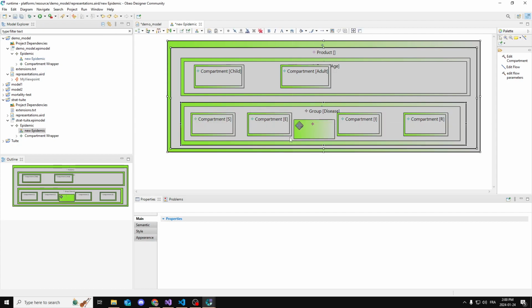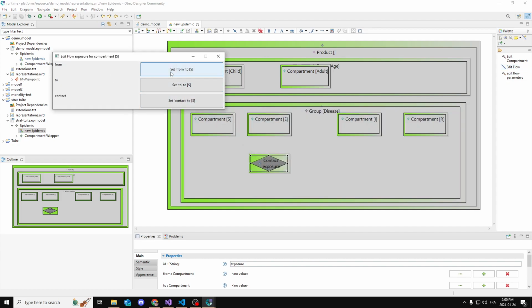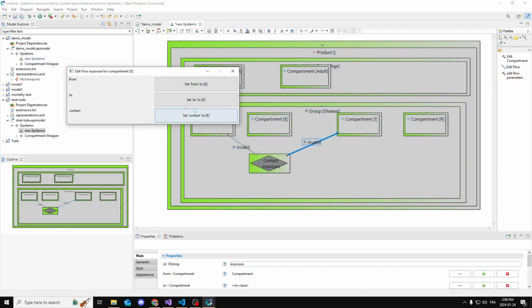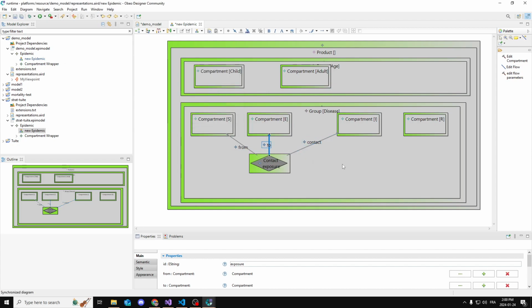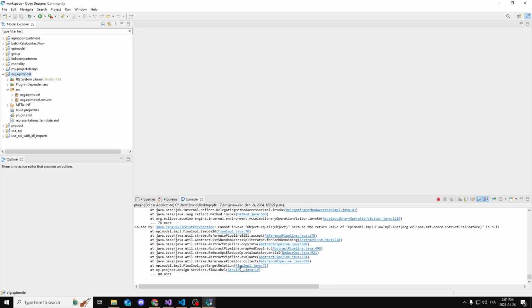To add a contact, let me make this bigger too. What we're going to do is click here. You click edit flow, you click the contact, and you click S. So it's going to be from S. The contact is I, and the 2 is E. So when you're done setting that, that should be correct. I'm not sure why it says invalid before. It might be a bug in the code, but